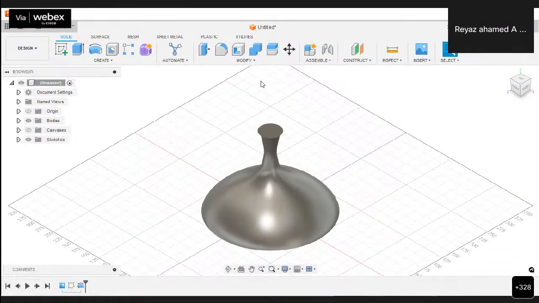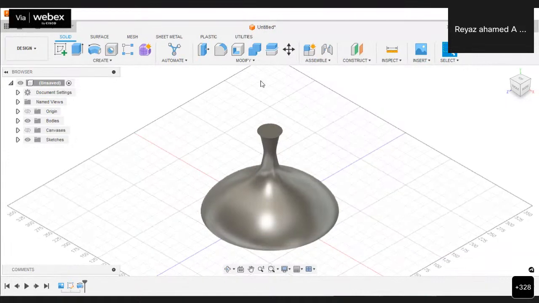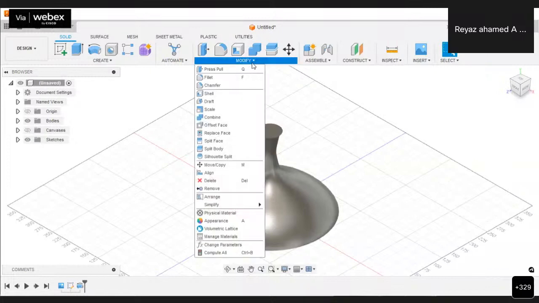For converting the thickness, we have to go for the modify option, right? So there is a group called modify. Let me click on here. Let us see what options are available here. A lot of options there. The fillet and chamfer is the very first option, because that is the most used operation for mechanical engineers. Not only for mechanical engineers, if you need to create any kind of design, the fillet and chamfer is essential for making good edges based upon the requirement.